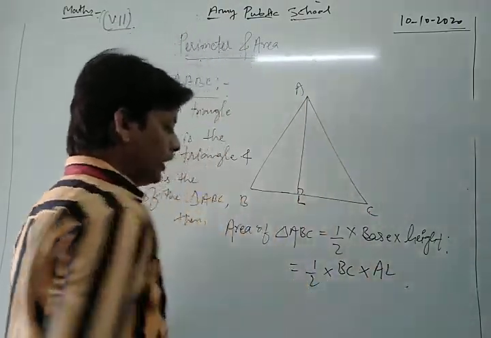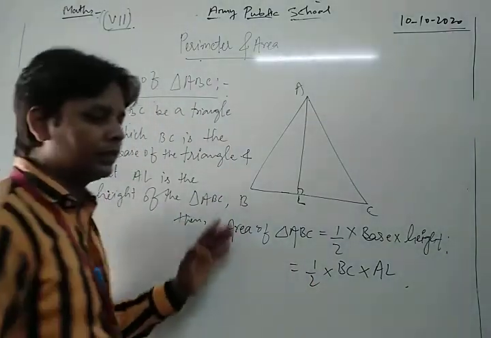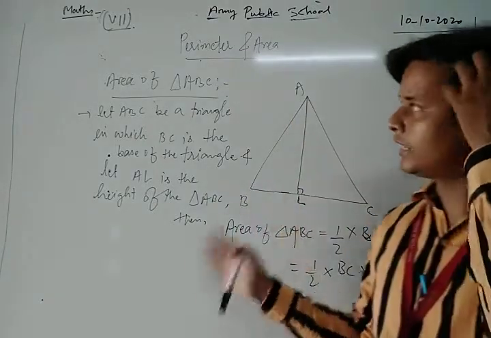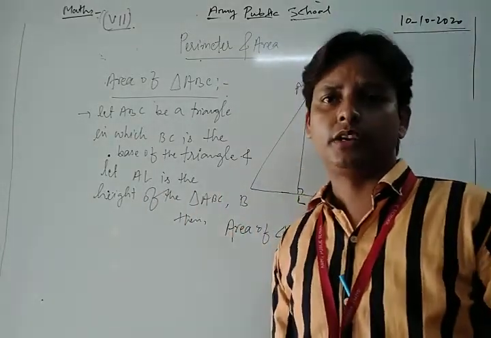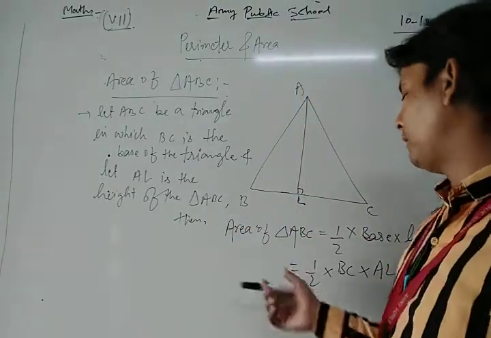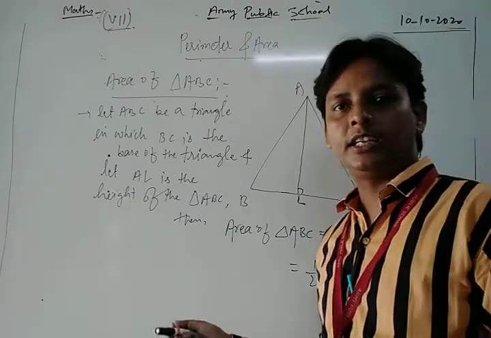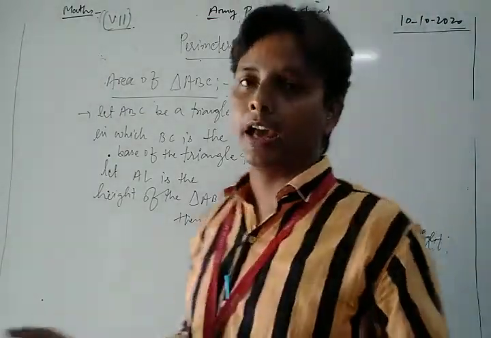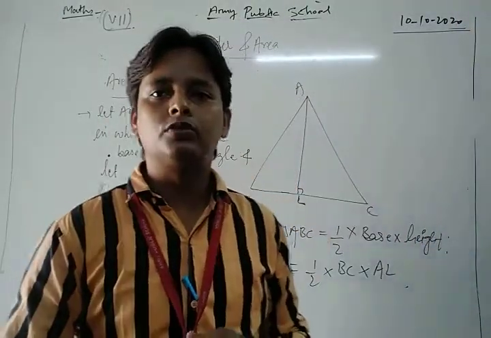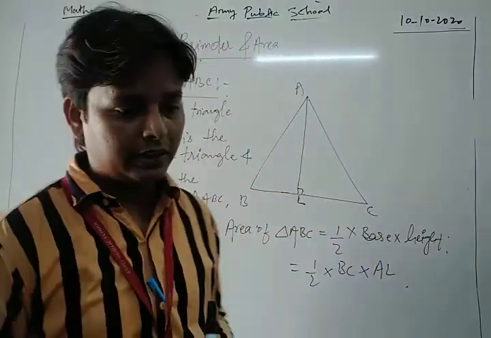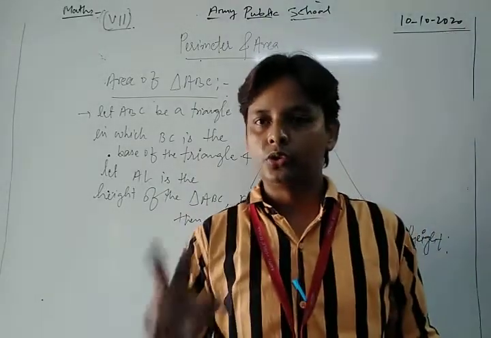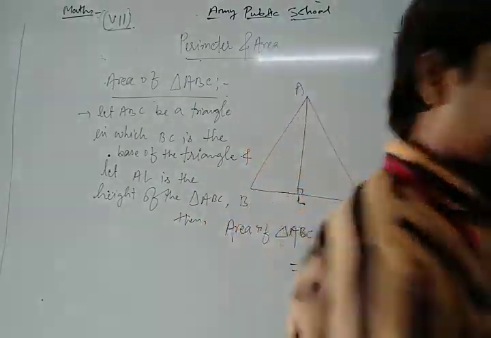AL. Okay, thus dear student, by the help of this formula, we can find the area of triangle ABC in this way. So we have the area of parallelogram is base into height, and the area of triangle is 1/2 base into height. Now dear students, we discuss some other geometrical figures which are involved in your chapter.